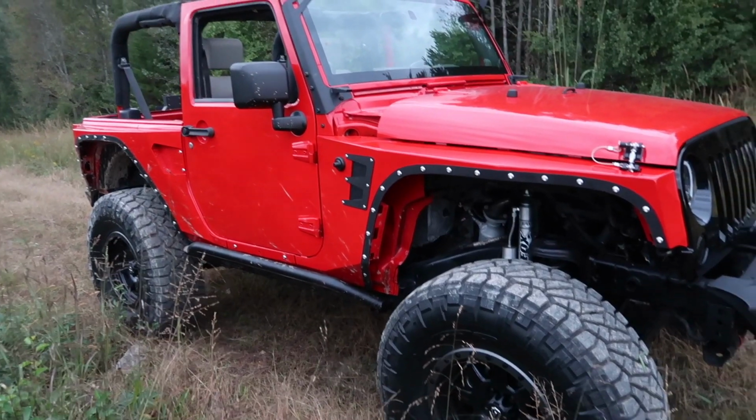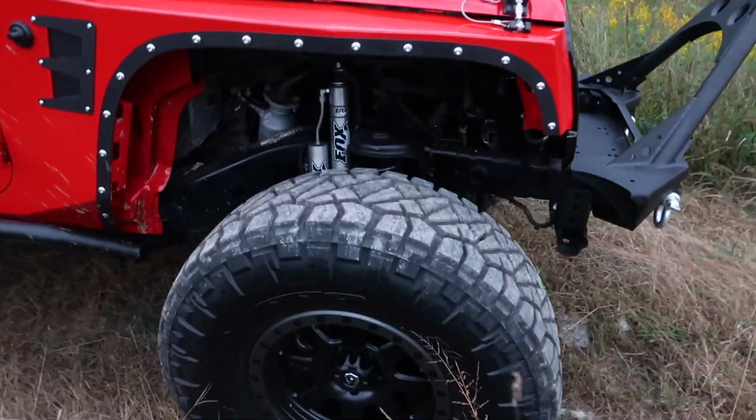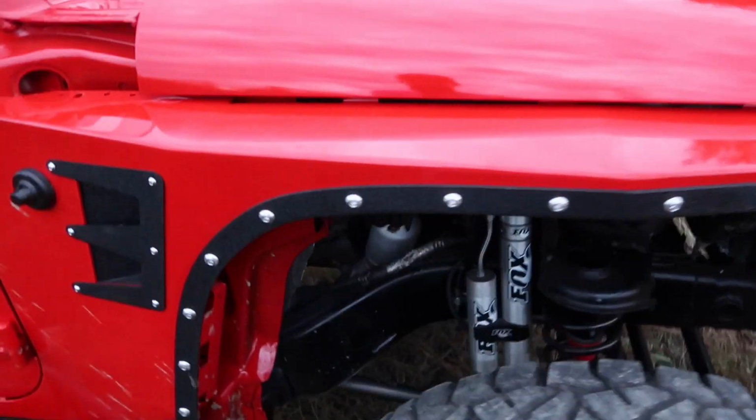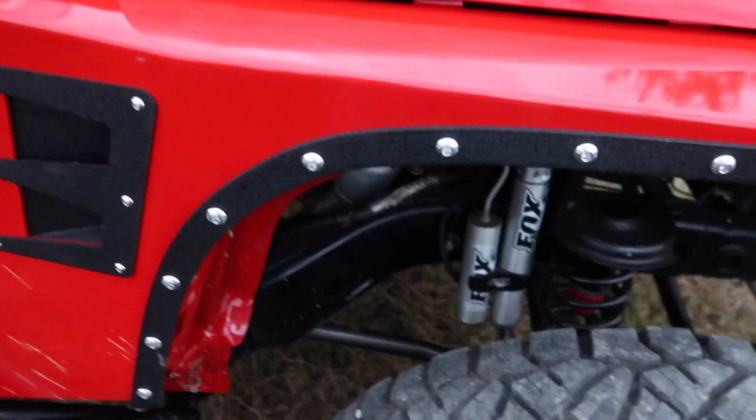The biggest upgrade are the wheels and tires. They look amazing on this Jeep with the 37s. I feel like it fits just right. It does rub in a few areas, but we are going to take care of that with